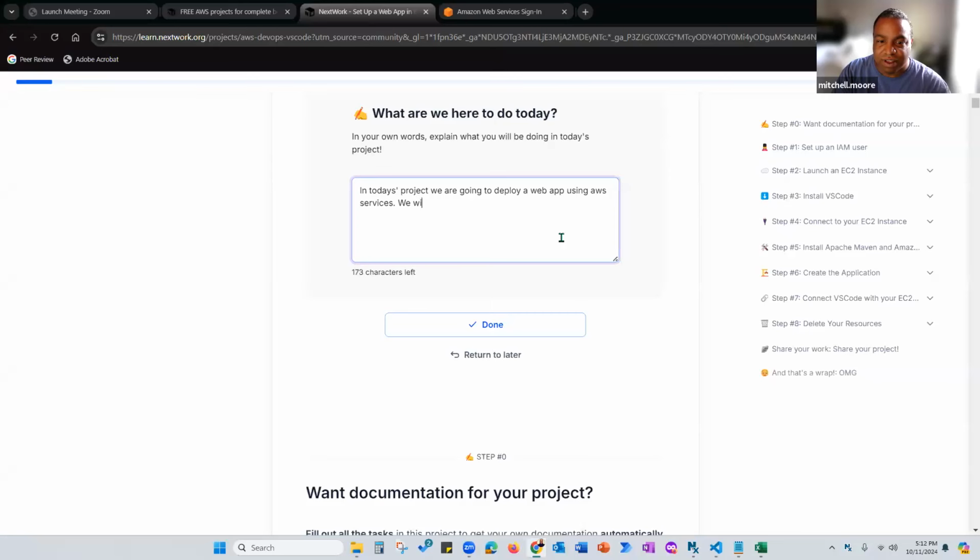We will also use CI/CD, use the CI/CD pipeline